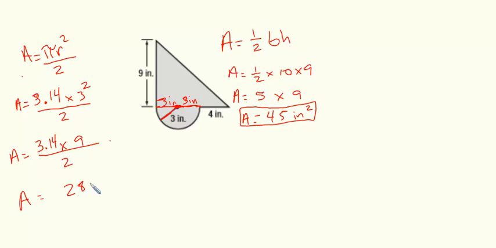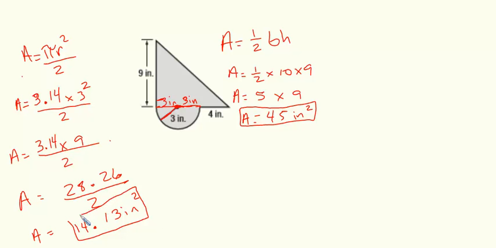So we have 28.26 divided by 2. 28 divided by 2 is 14. 26 divided by 2 is 13. So the area of this semicircle is 14.13 square inches. And now what I'm going to do is add the area of my semicircle